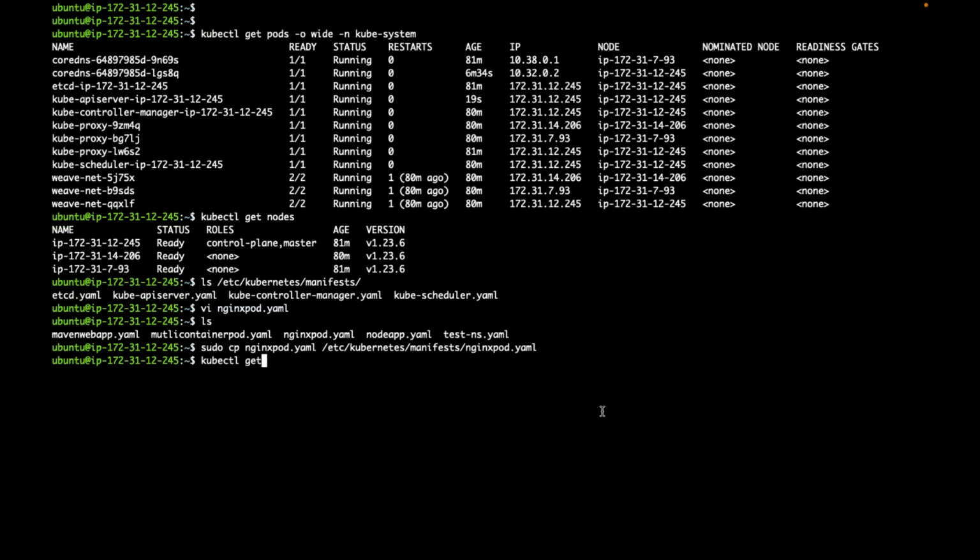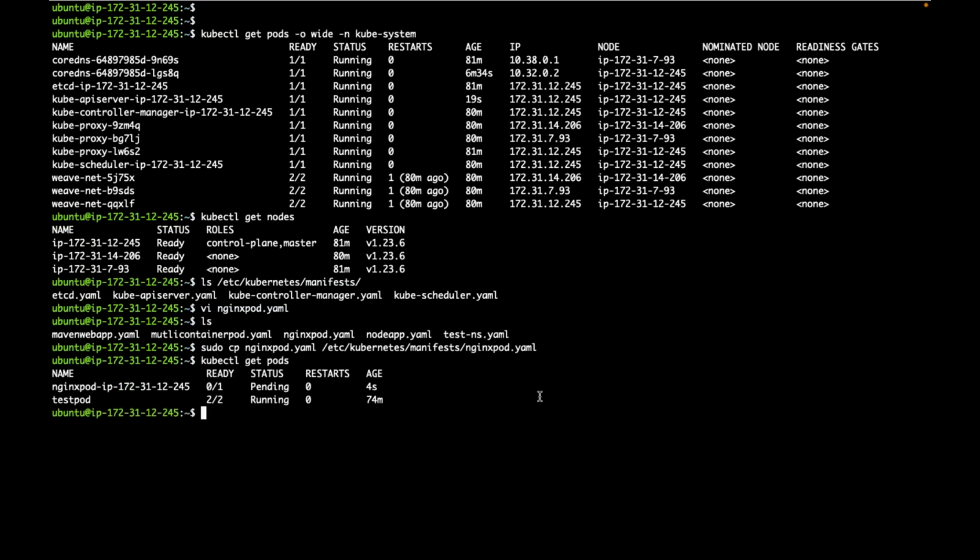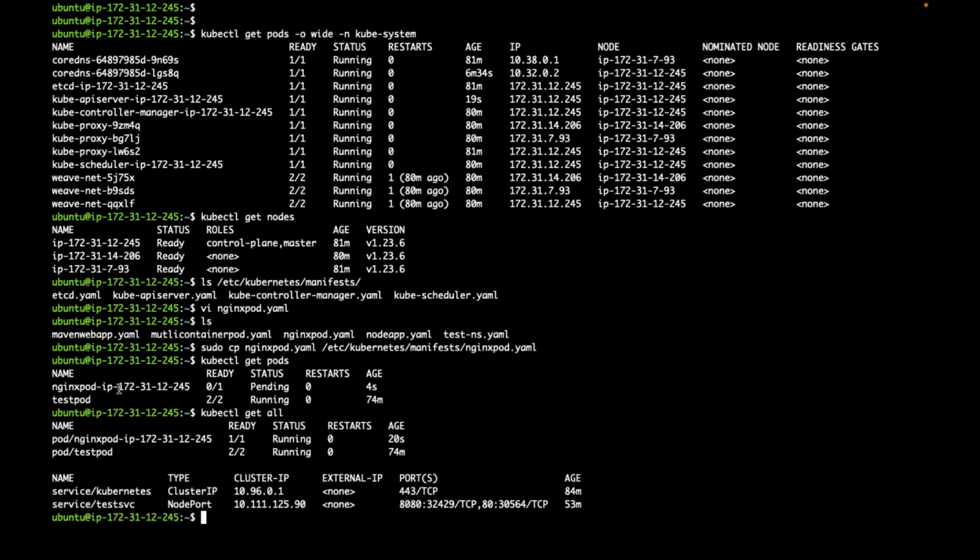Now if you see, can I call this a static pod? Since I have not mentioned a namespace, in which namespace is this pod getting created? In the default namespace. Now this is a static pod.